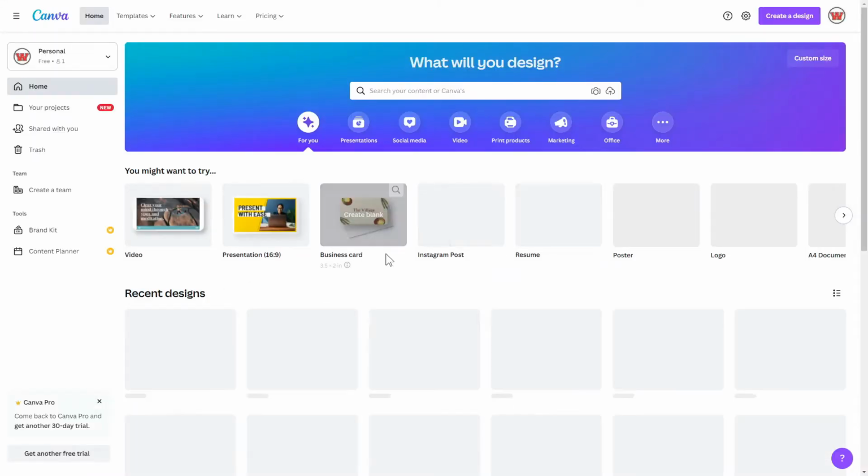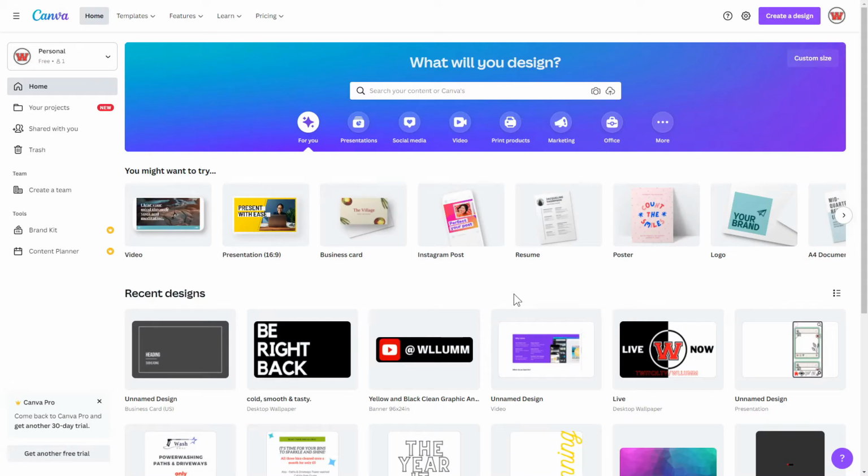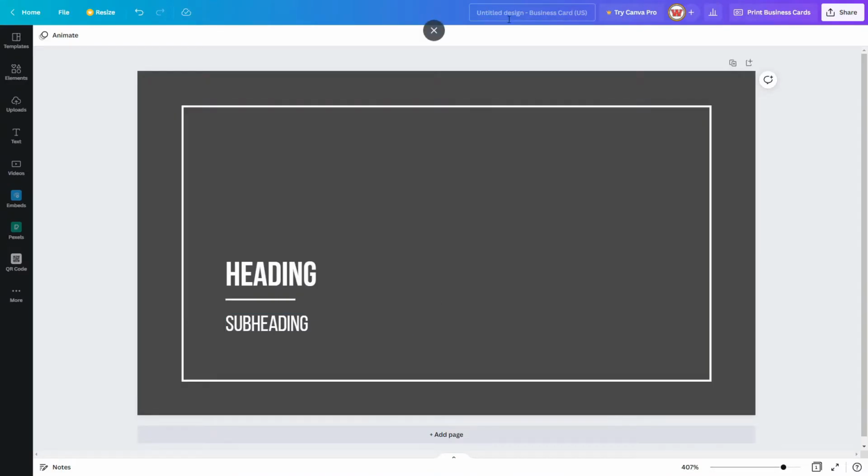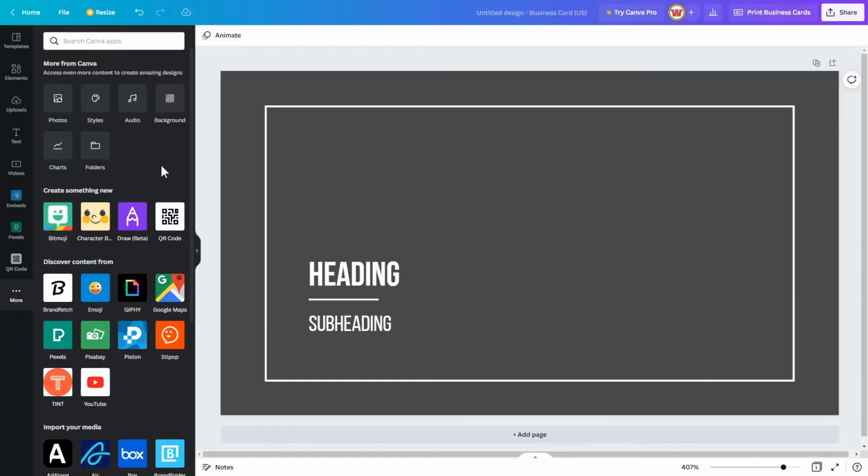Now, it does not matter what template you use, whatever template you're using for your project or whatever you're doing, choose a certain template. For example, for me, I'm using a business card for today. Now, the first thing we want to do is go on the left corner of the screen, we'll go down to where it says QR code. If it doesn't say anything there for you, hit on more options, then go down, it says QR code, click